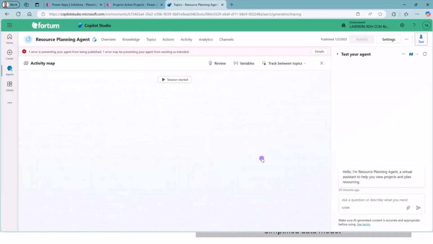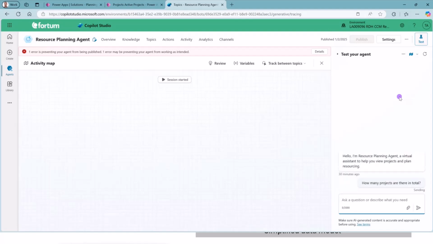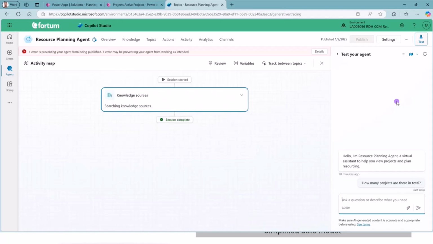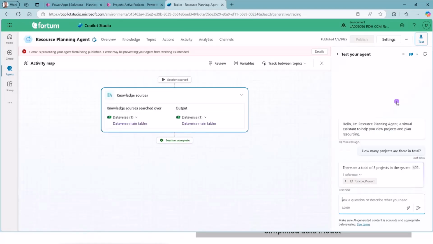So here is the Copilot Studio screen, and I have some ready-made prompts here on my notepad. I'll just copy-paste them here on the test panel. So, how many projects are there in total? This agent is using Dataverse as a knowledge. So it has a few tables provided as knowledge, and it uses those to fetch information regarding the projects, allocations, and people. So it answers that there are a total of 8 projects in the system, and we can actually